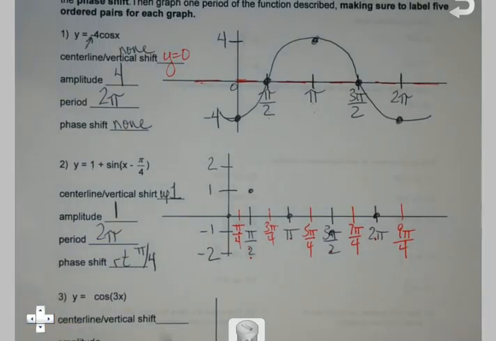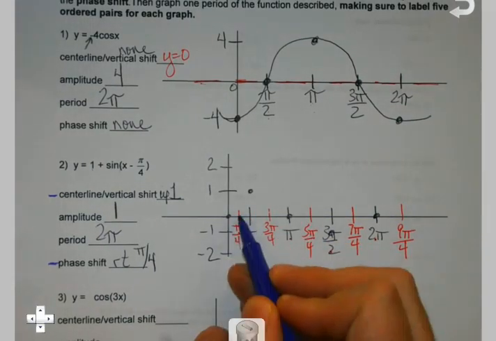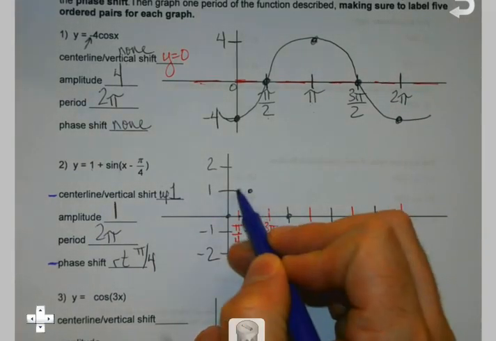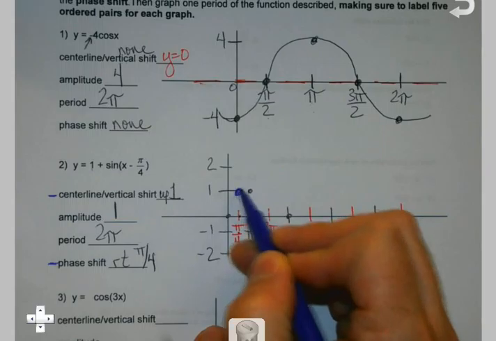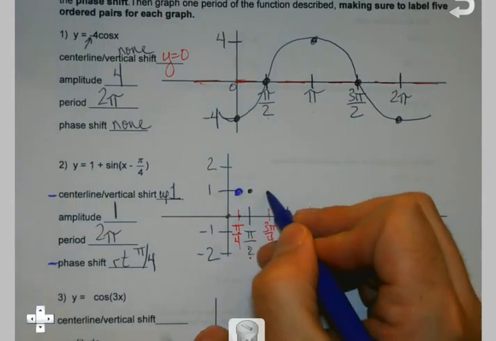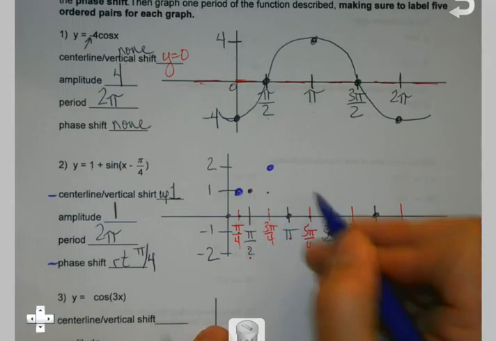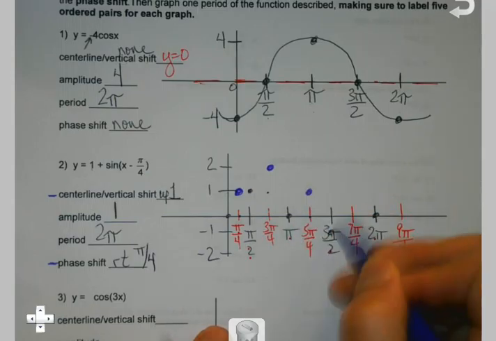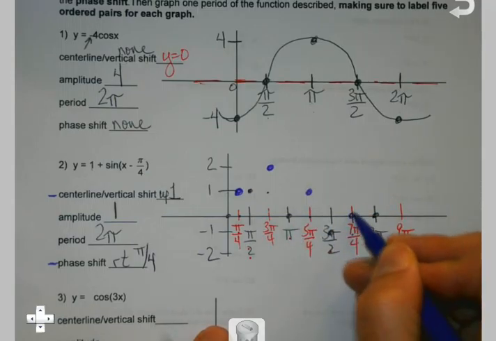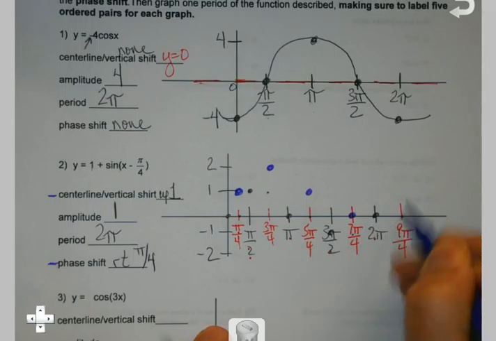9/4. Here's how that helps me immensely, because now I can do my 2 movements, and this shouldn't be hard. So I'm going to move right pi over 4 and up 1. Move right pi over 4 and up 1. Move right and up, right and up, right and up,